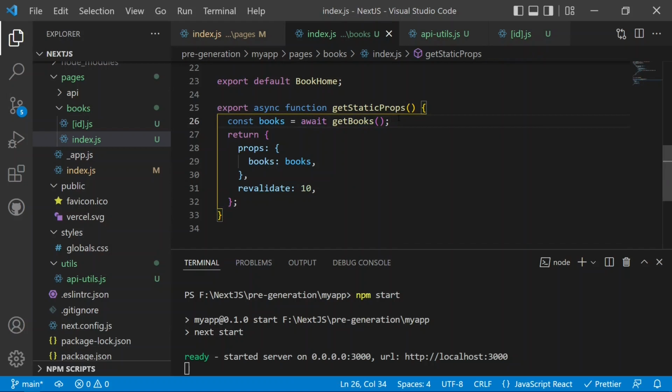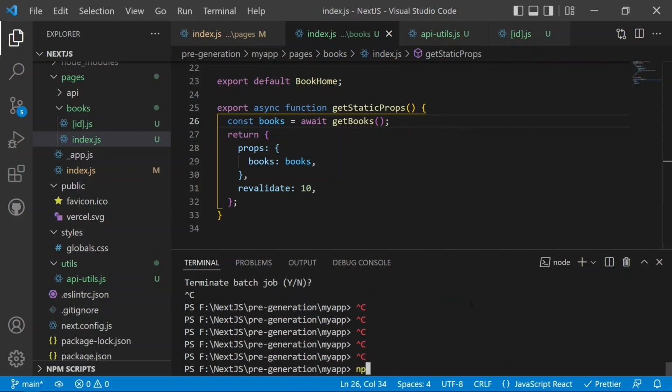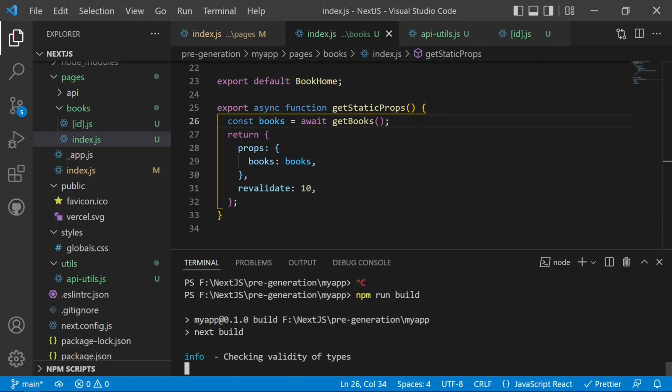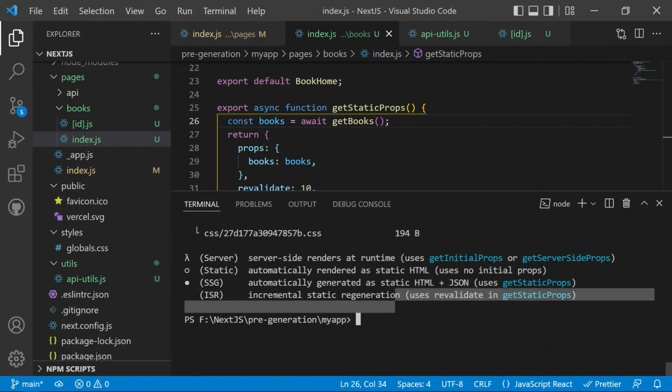So this is the incremental static generation that we can use here, and after that we can just restart the application and rebuild it. So we can run npm run build, and now you can see the build is created, and there is one more option, the ISR, which is the incremental static generation, in which we use